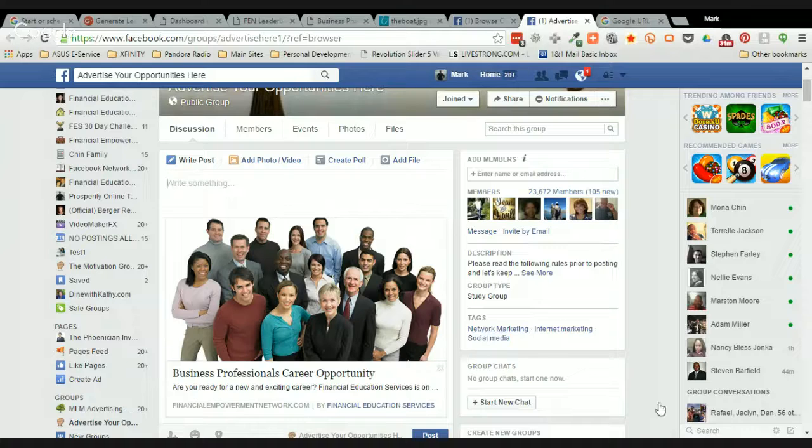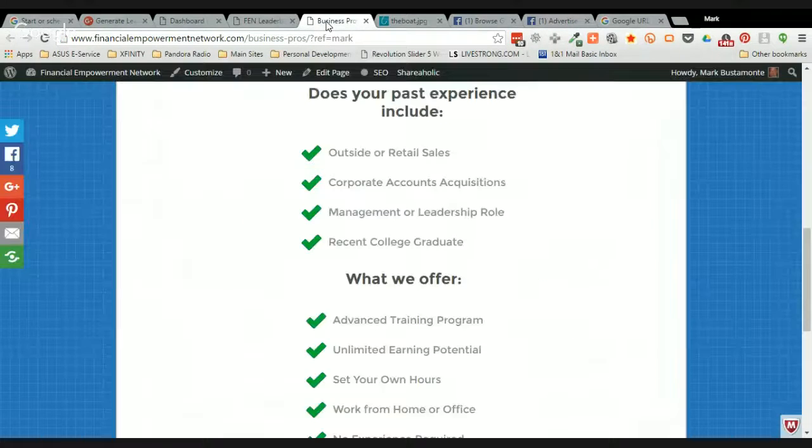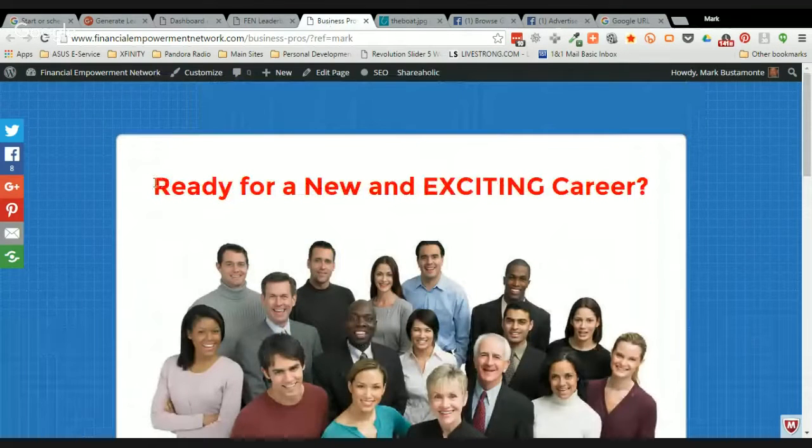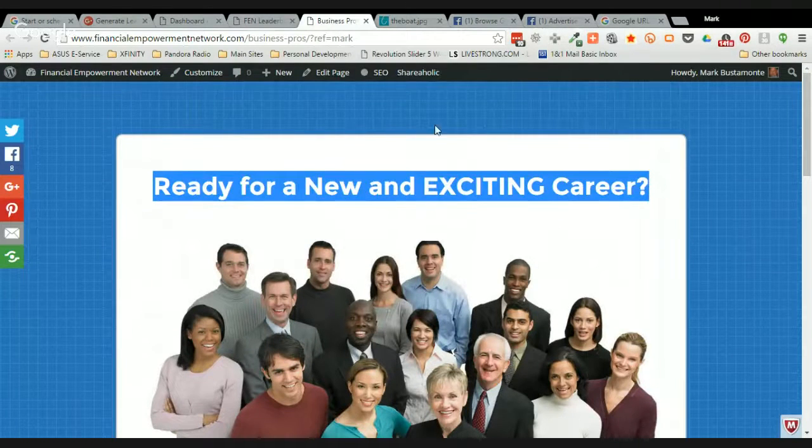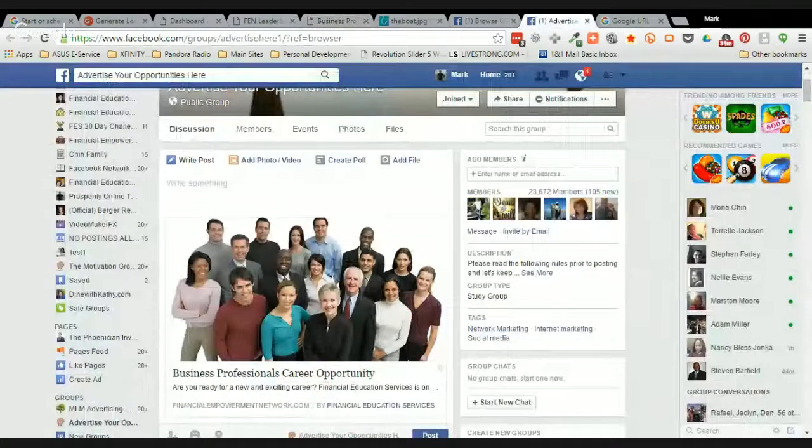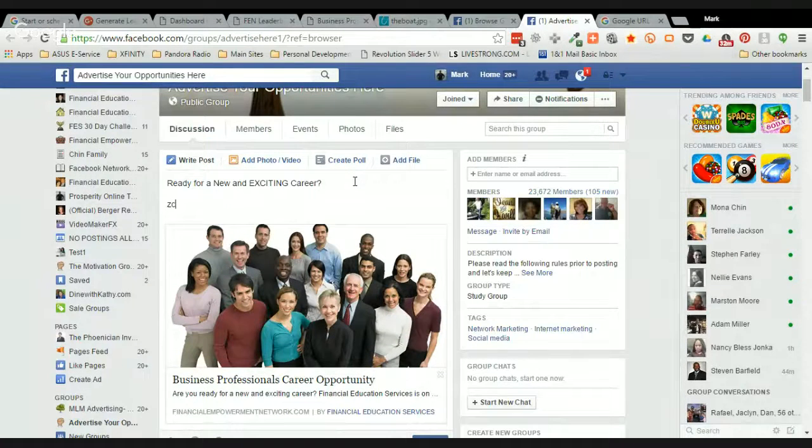Sometimes I'll just take the information at the top of this page, like this right here, and use that in my copy. You can put in there whatever you want. What I always add is that you have to tell people what to do. It's one of the key things when we're marketing online: you have to give people directions. If you want them to click on a link, you've got to tell them to click on it. If you want them to fill out a form, you've got to tell them to fill it out. It's more likely than not to create a response from them. So what I would do is say click